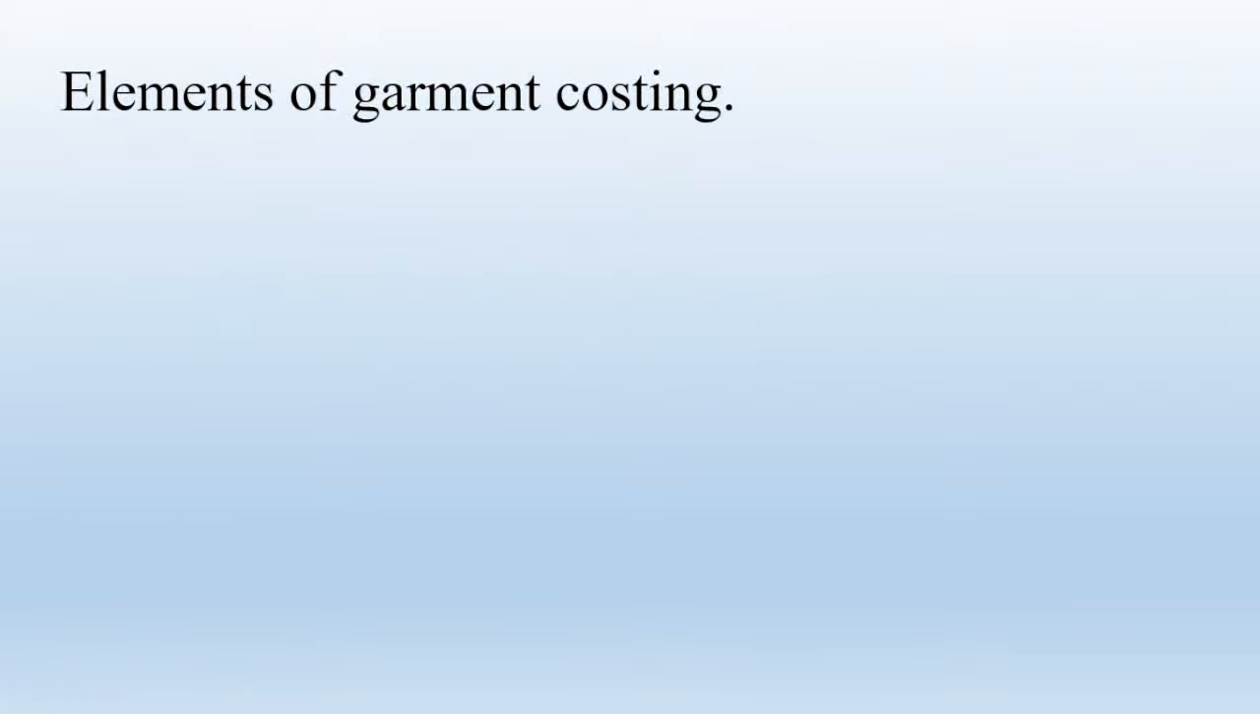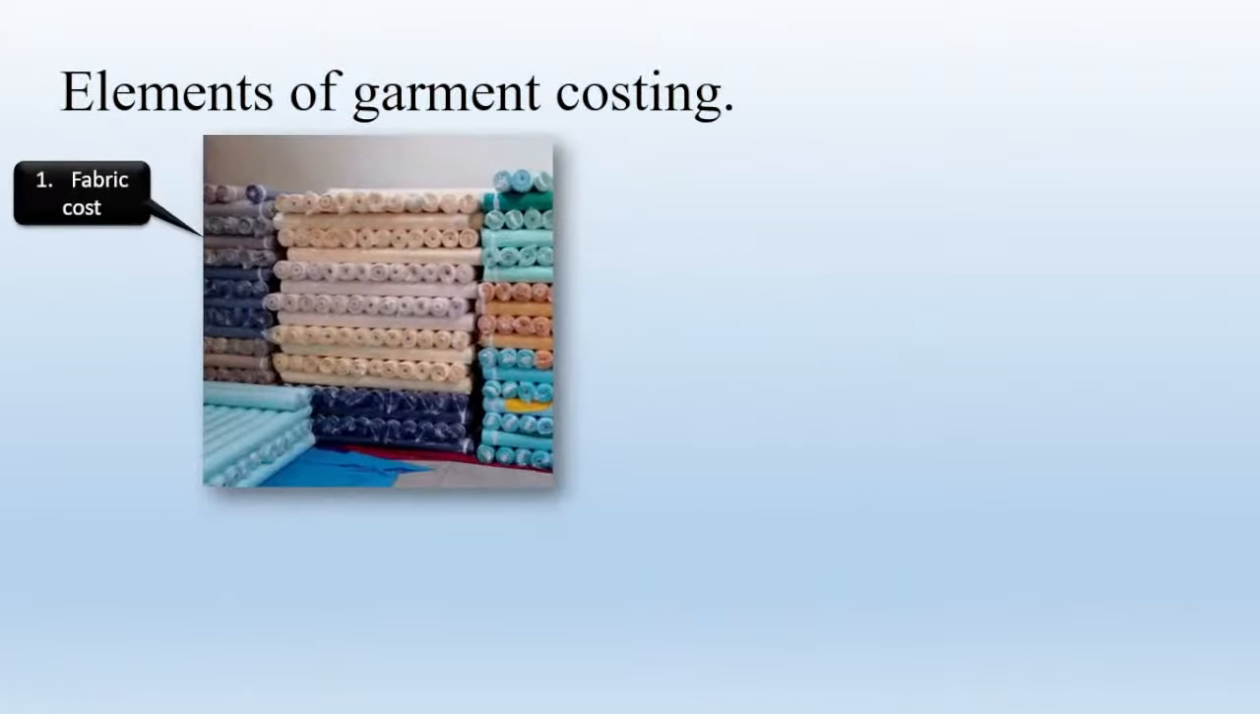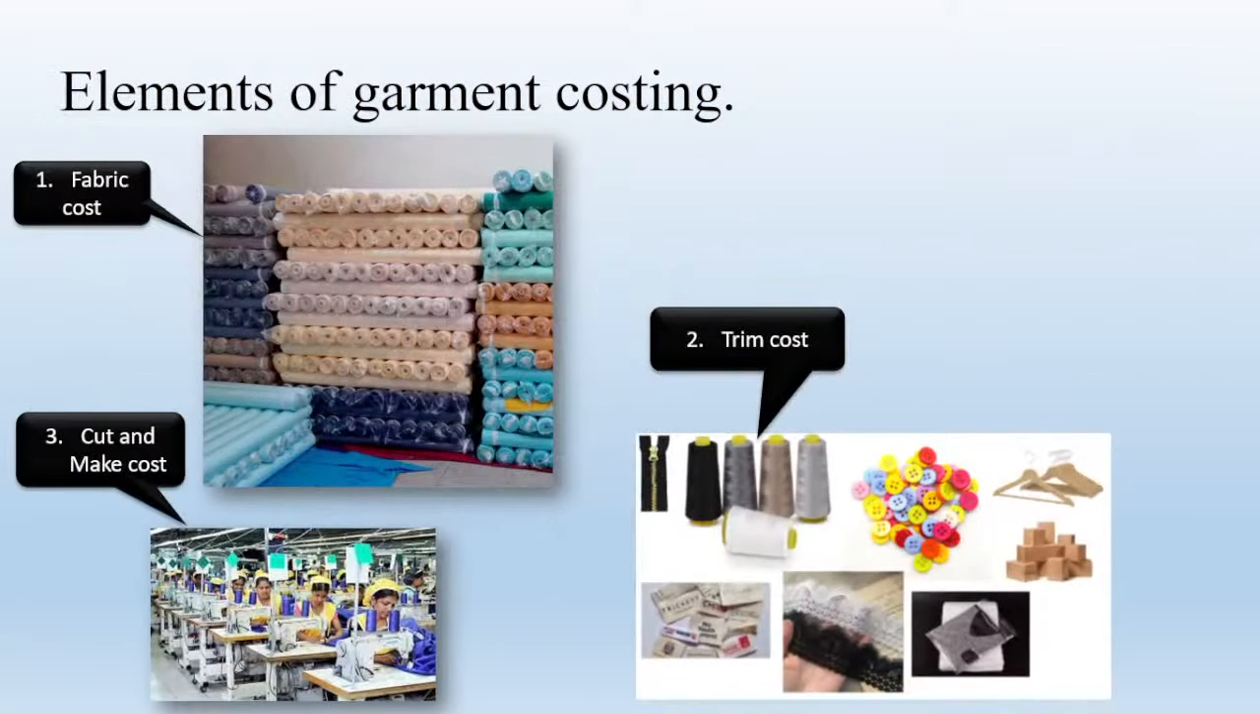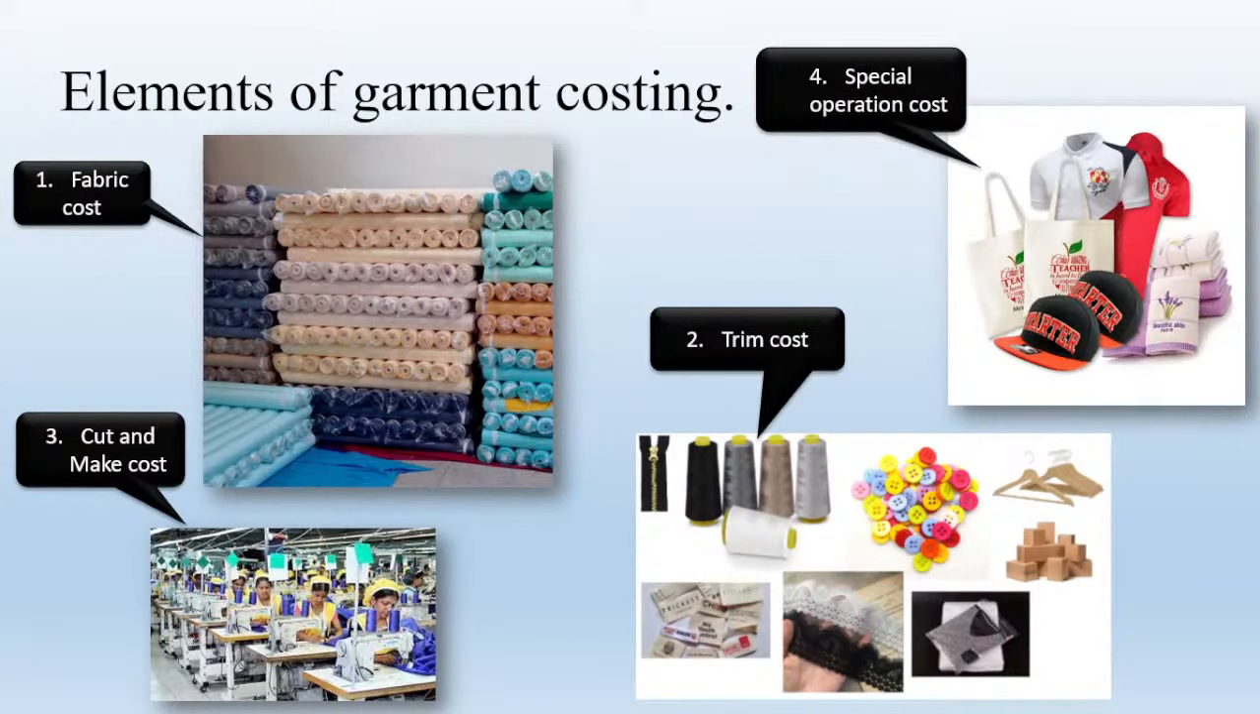On fabric cost. Today I am going to consider the first, as I said, of the elements of garment costing: fabric cost, trim cost, cut and make cost, which we call labor plus overheads. We can discuss later lessons, and special operation cost we can discuss later. Now, if you consider fabric cost, trim cost and cut and make cost, most garments we can